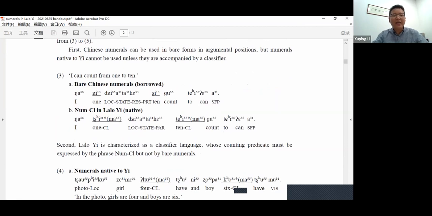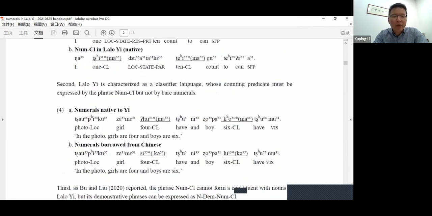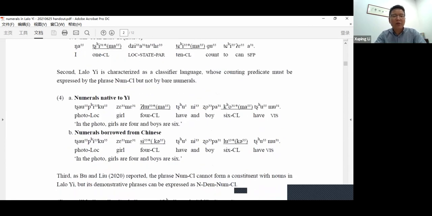So if you want to say I can count from 1 to 10, you can either use the Mandarin, the Chinese numerals 1 to 10, or use the native numerals like 1 classifier and 10 classifier. Okay. And the second context which we can use to distinguish them is